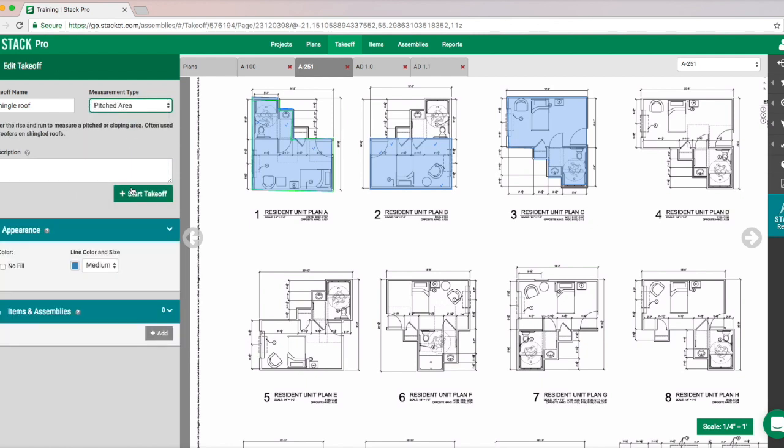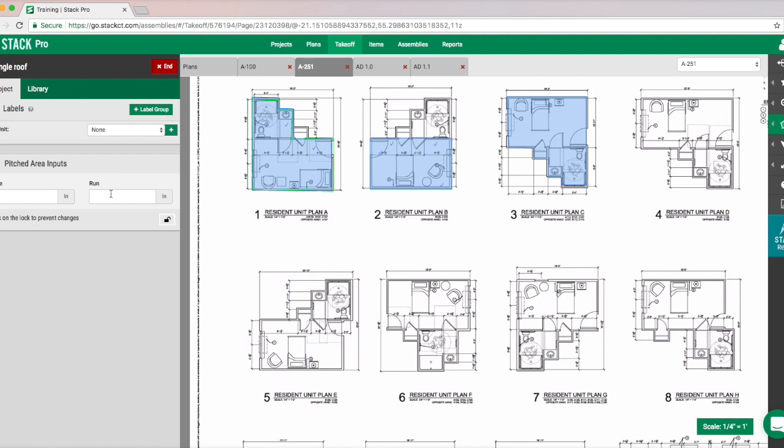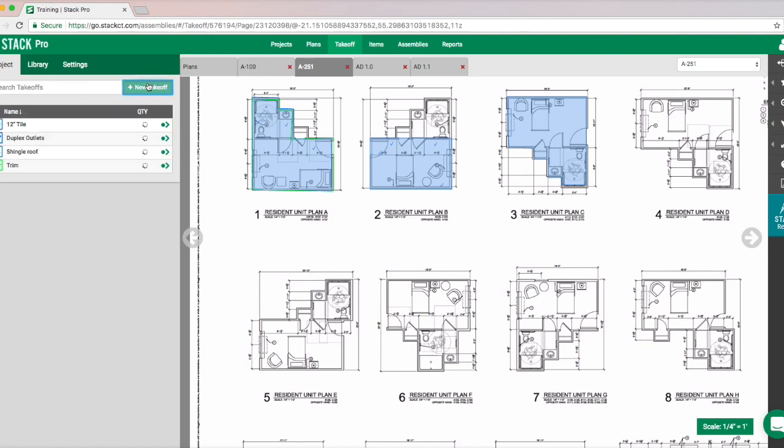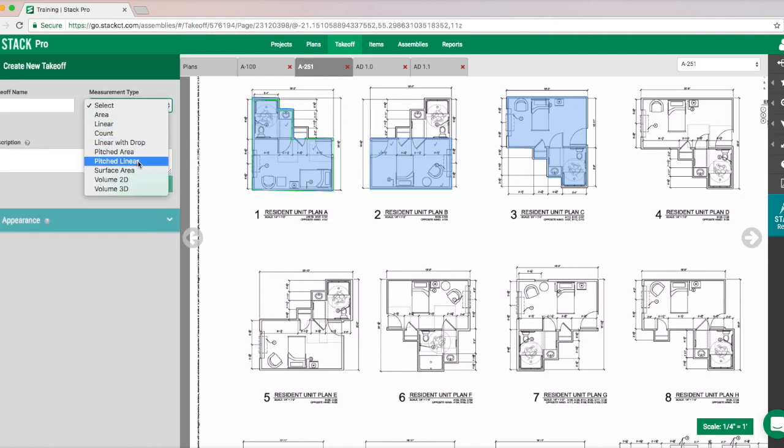You'll see that the system is going to prompt us for the rise and run right there. If it's a 5/12, you're going to enter 5/12 and then immediately start to draw. You would do the same for a pitched linear. So if you're doing a valley and you want to do the slope of that, I did miss